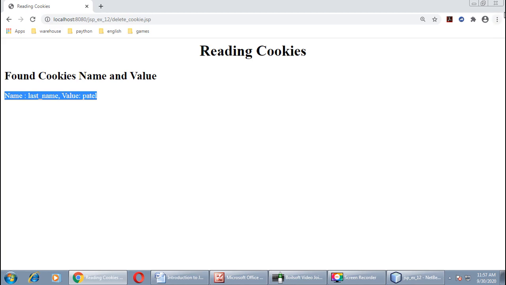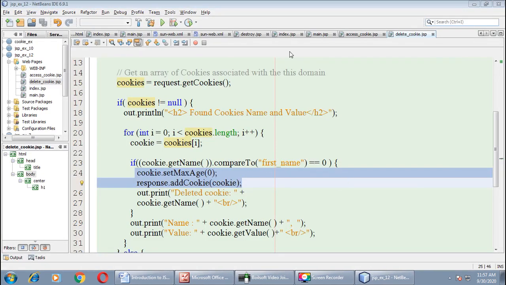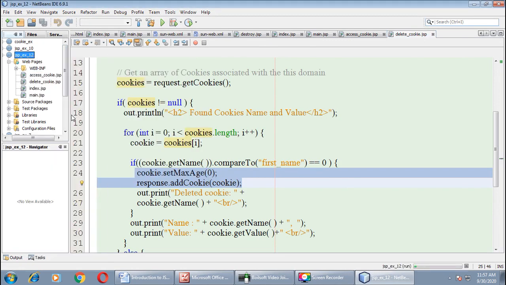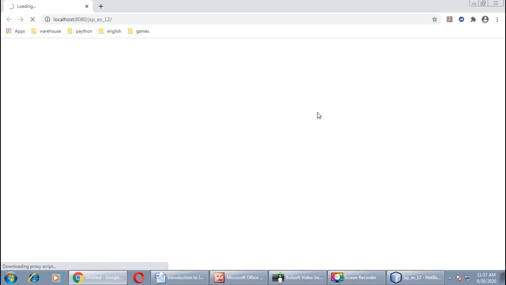I repeat, let us execute the whole project one more time. Right click, run. Give some different name.